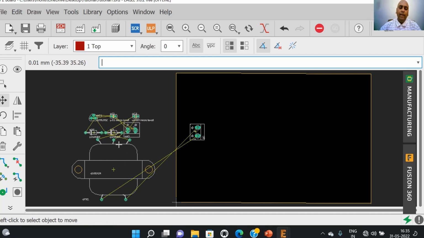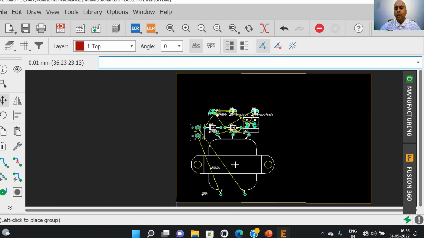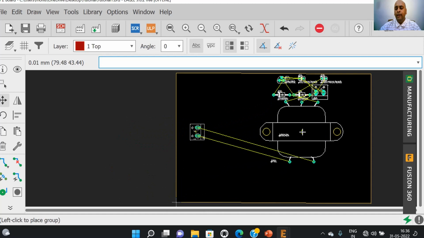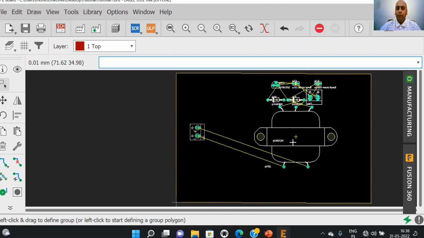We can move an individual component or we can move a group of components from outside to the inside of the board. In order to move a group of components, we need to select the group tool. By using the group tool, we can move all the components from outside to inside the board.